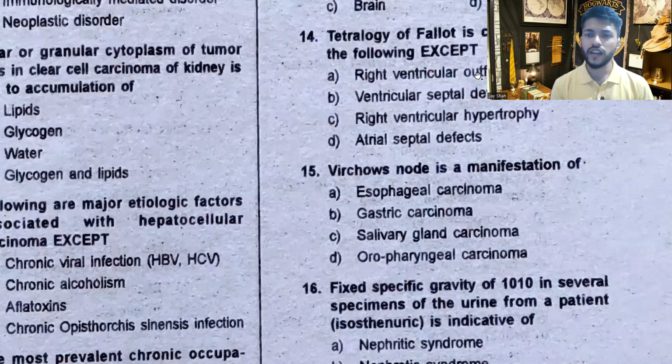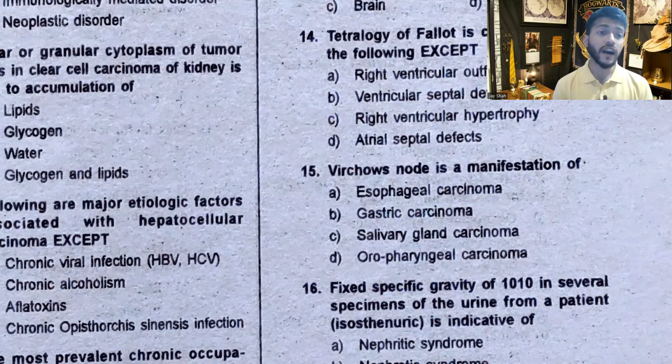Tetralogy of Fallot, right ventricular obstruction, yes. VSD, yes. Right ventricular hypertrophy, yes. Atrial septal defect, no. It is ventricular septal defect. So what happens in tetralogy of Fallot? You have a ventricular septal defect. As a result, blood will go from high pressure to low pressure. So it goes from left to your right. So you'll have right ventricular hypertrophy. Again, there is pulmonary stenosis. Again, you will have right ventricular hypertrophy, and you have an overriding of aorta. So this is